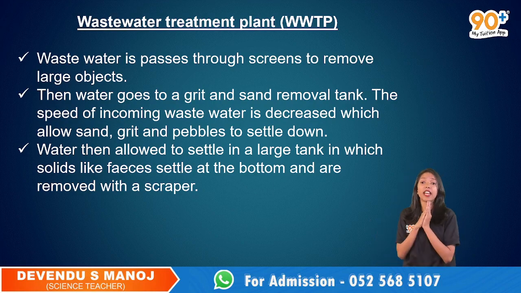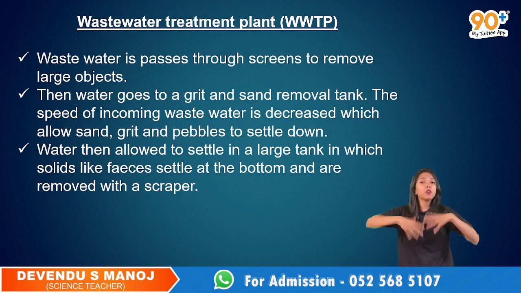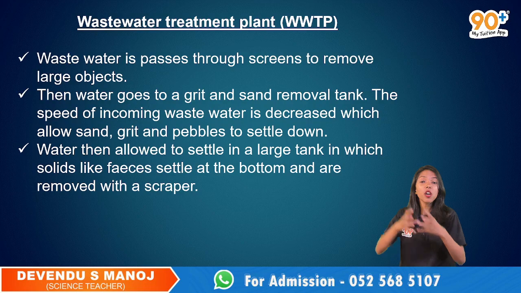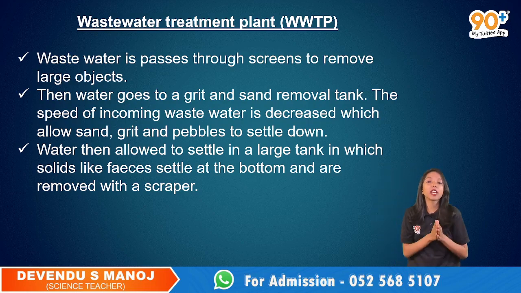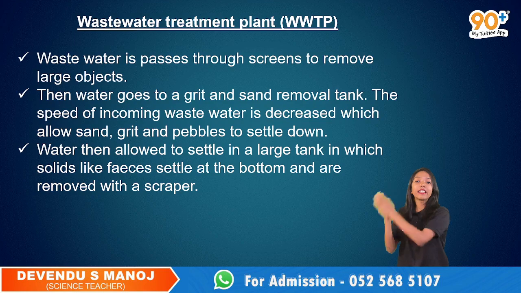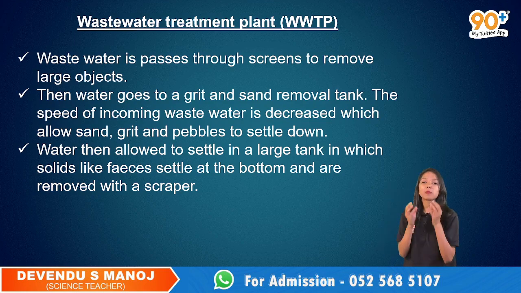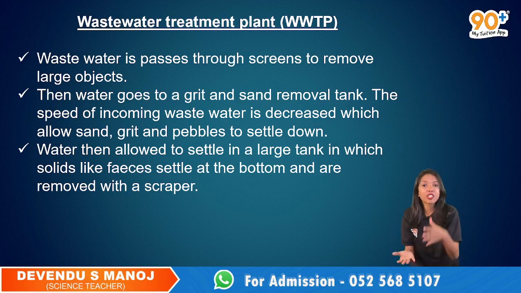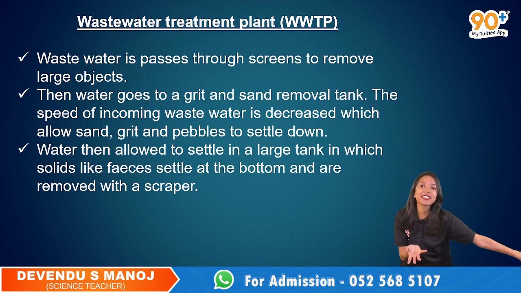Next, the water goes to a grit and sand removal tank. We have to remove all the grit and sand present. They are not very large objects, so they will not get removed in the first process. So they have to be stopped there. In the grit and sand removal tank, the speed of the incoming wastewater is decreased, which allows the sand, grit and pebbles to settle down. After a point of time these settle down and the top water is released into the third